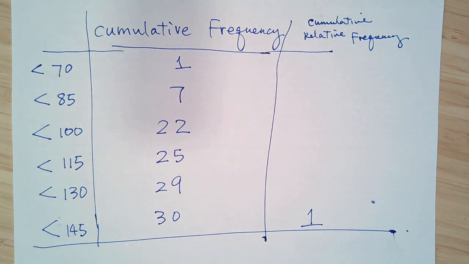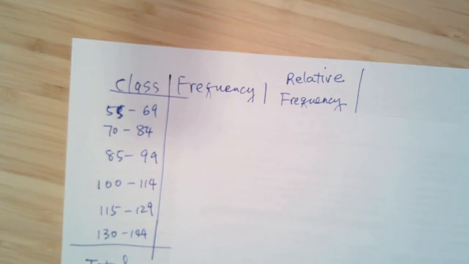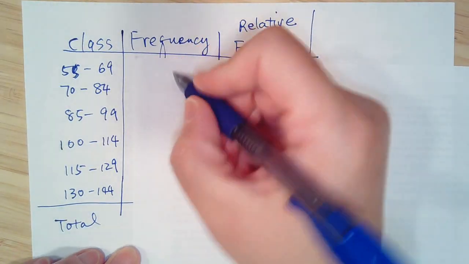All right, so this is what we should know about frequency: how to construct a frequency table, how to construct a relative frequency table, and how to get the cumulative frequency and the cumulative relative frequency. Of course, before that, you should know the classes and how many classes you want, and how you choose the lower limit and upper limit. Then there are 2 more concepts I'd like to tell you. Let's go back to here and go back to the class. If you have a frequency table like this, and I ask you what is the class width,